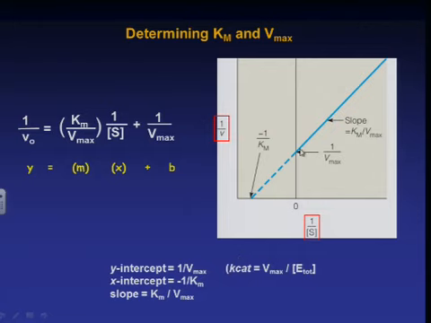The y-intercept, the value for x is 0. What are we plotting on the x-axis? So if this term is 0, this term is, so 1 over velocity equals 1 over Vmax. So the y-intercept now is 1 over Vmax. And then we can see that the slope is Km over Vmax, but we can get both of those terms